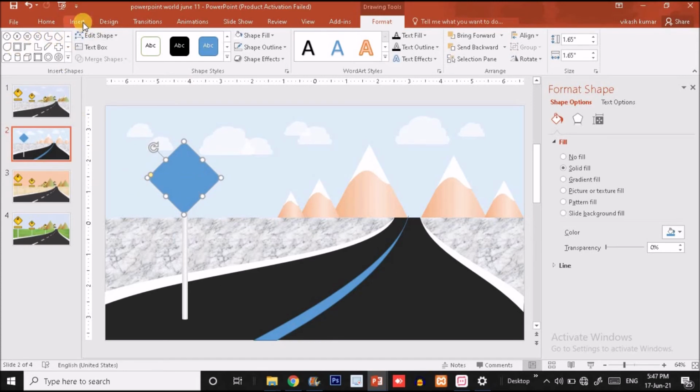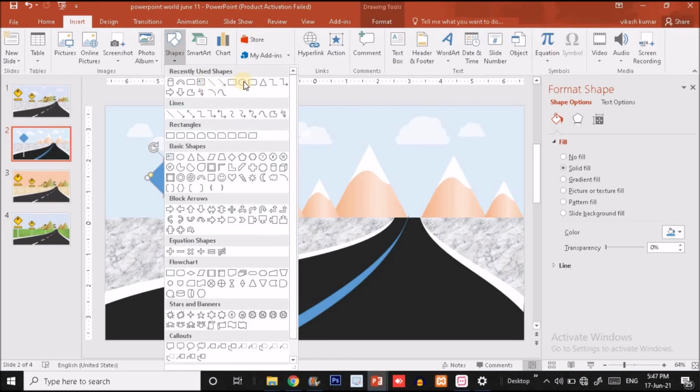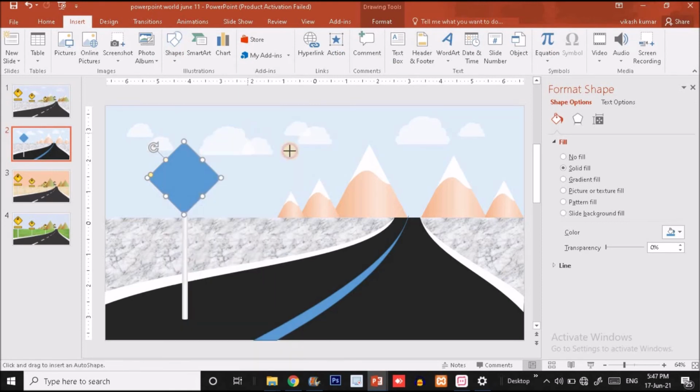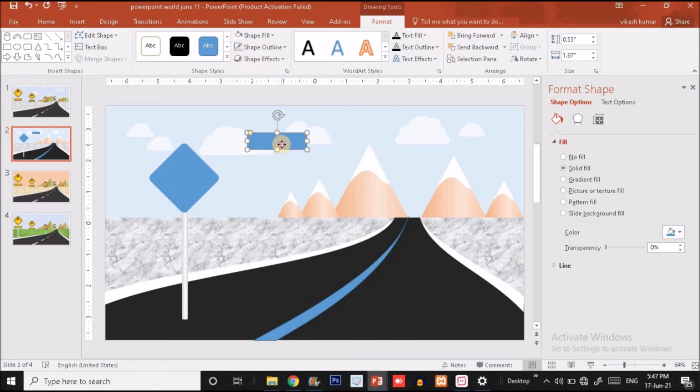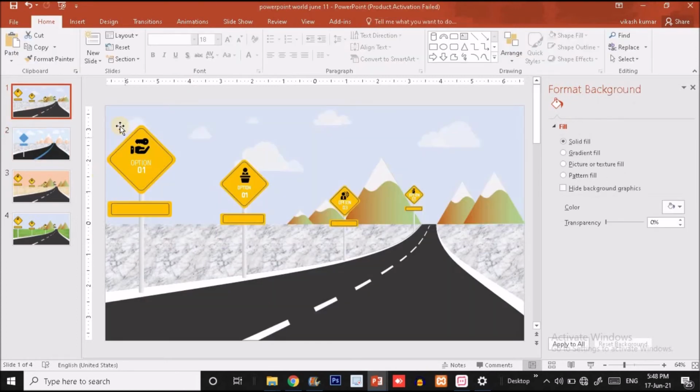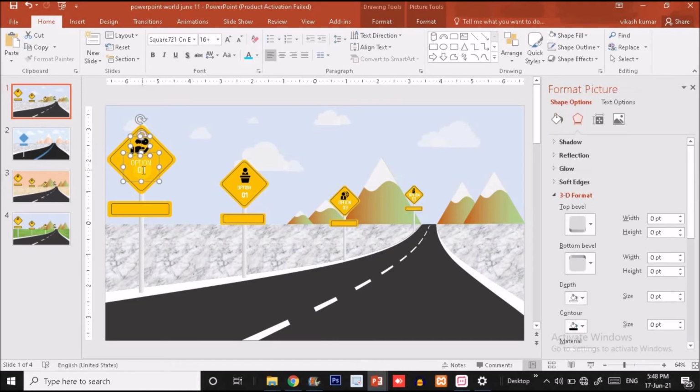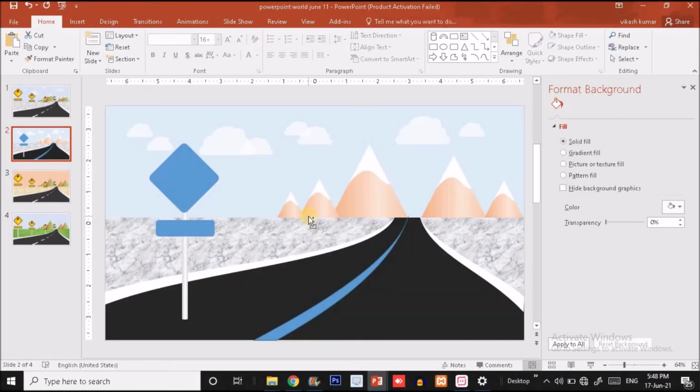And now again I'm going to choose a rounded rectangle option, so I'm going to choose it from here and drag it over here, just remove the outlines and put it over here. Okay, now let me take the reference of the previous slide. So okay, we have to copy this text and icons from the previous slide and put it over here on the next slide.